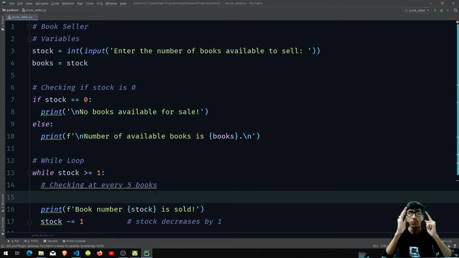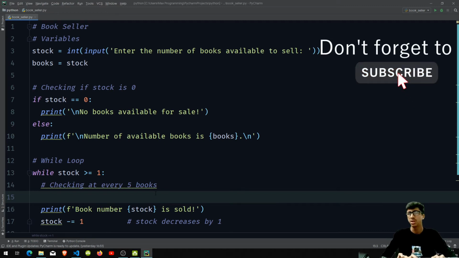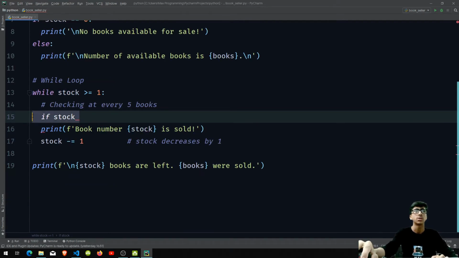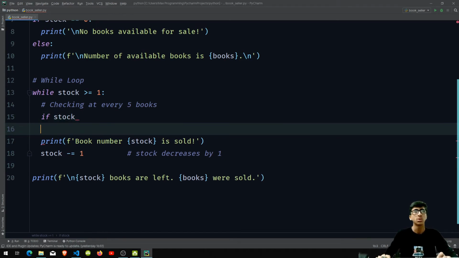What we want is to check if there is a multiple of 5 inside of this loop. So how do we check that? It's very simple. We use the if statement for checking anything. So we say if, and now we want to see the stock, so we can say stock. Let me just take it downwards so that you can see this is the block. If stock,